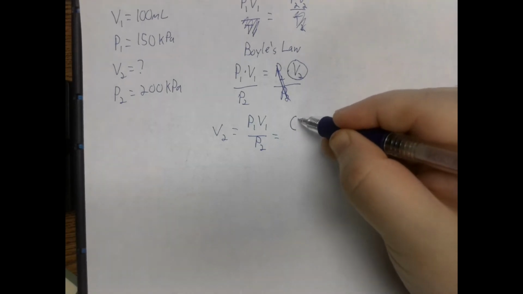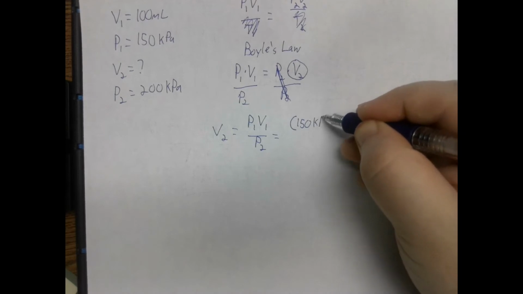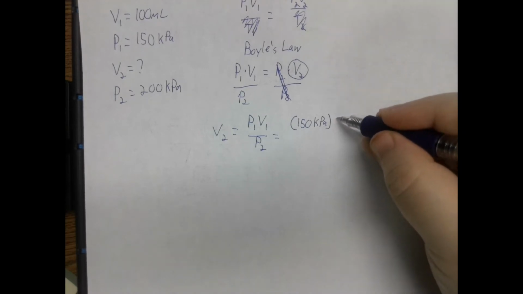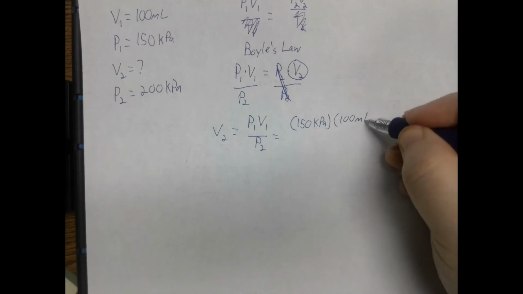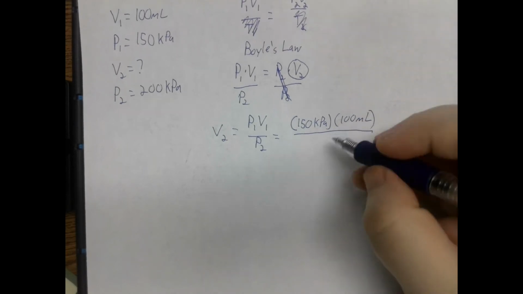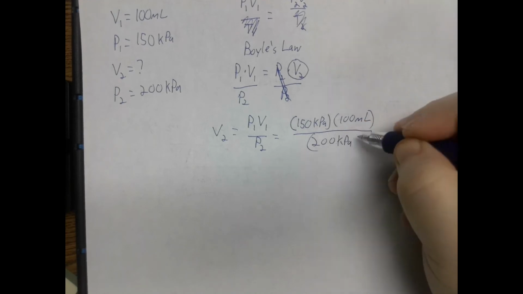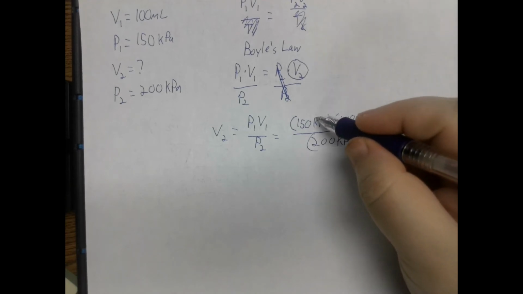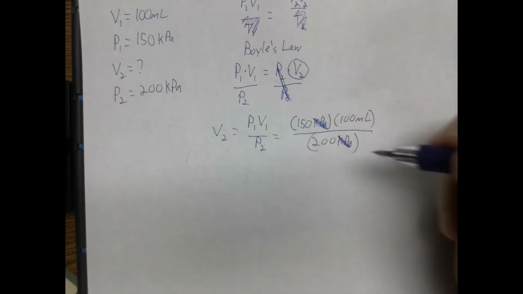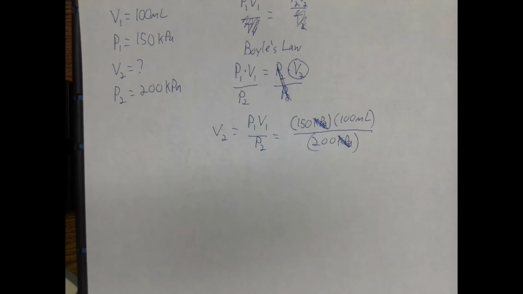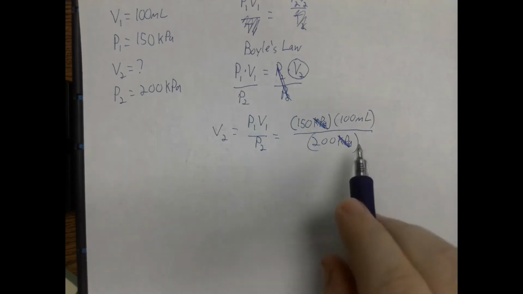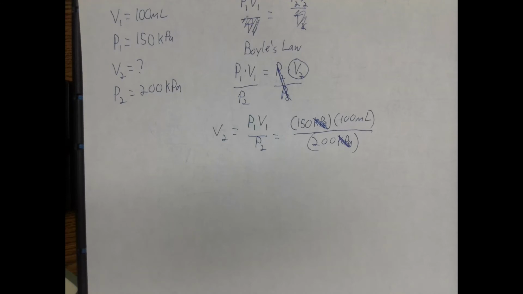So P1 was 150 kilopascals. V1 is 100 milliliters, and P2 was 200 kilopascals. Note the units kilopascals appears on the numerator and the denominator, so they cancel each other out, leaving you with milliliters. I recommend always using units because it might be a trick question where one number is in liters